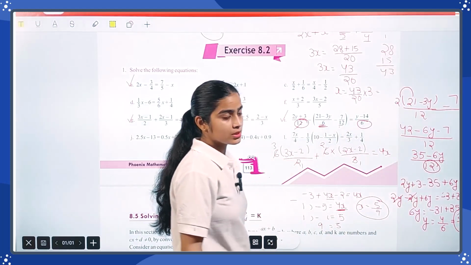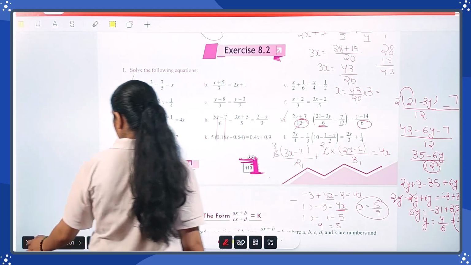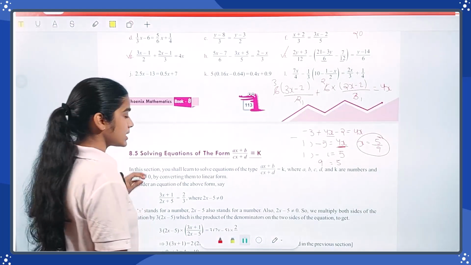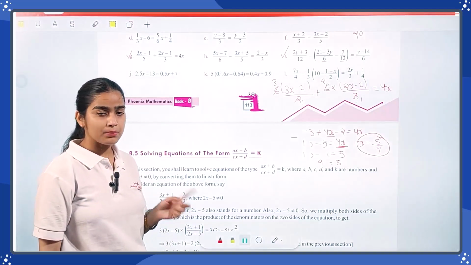So I hope, student, this is clear to you. Okay, and the rest of the questions you have to solve in this manner. So try to solve this, and if you have any doubt, go through your examples and then come back